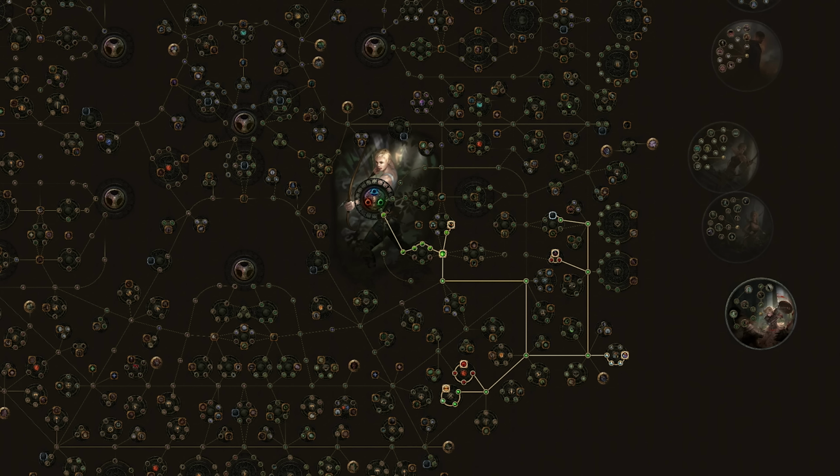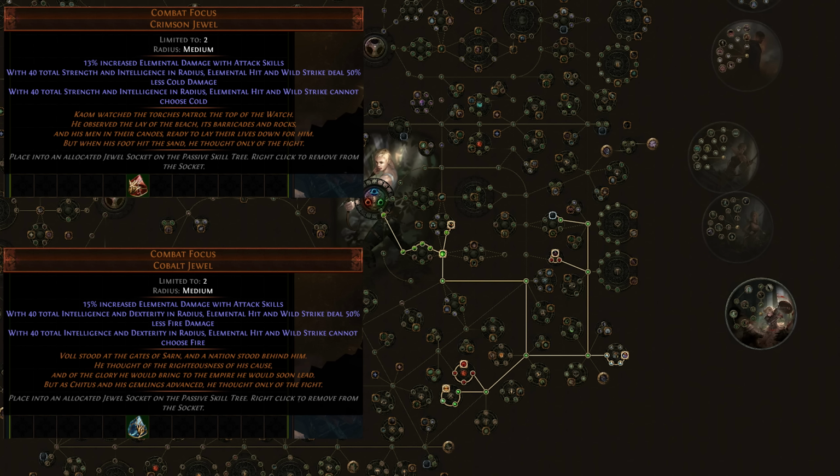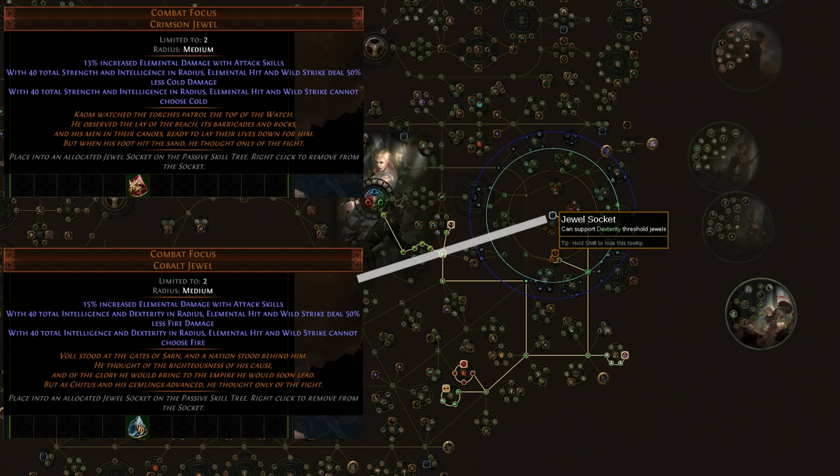You'll also want to be buying the 2 combat focus jewels, the Crimson and the Cobalt, very early on in the leveling process. As soon as we get this specific jewel socket right next to Heartseeker, you should put the Cobalt Crimson focus jewel in there. These do have attribute requirements, and these specific attribute requirements are fulfilled in this spot. There are other spots in the tree you can put this later on if you wanted, but for now it